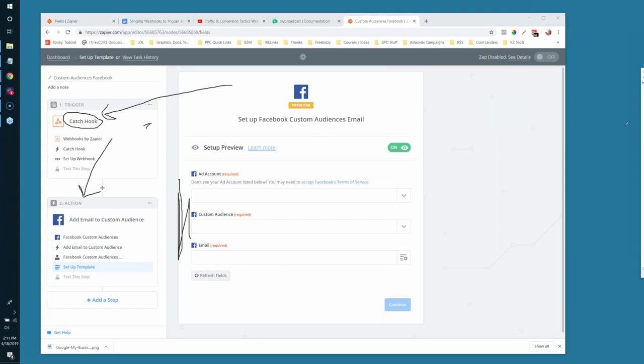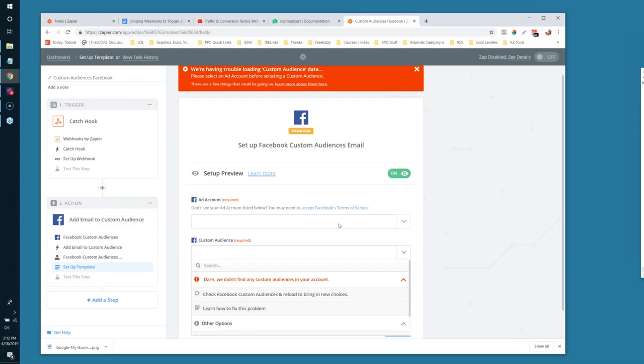I'm trying to Khan Academy this and make it as simple as possible, because at first it's really abstract, but when you do it one time, it's like, oh, duh, this is really straightforward. If I just follow the wizard in Zapier, it all works out. But the first time it can be a little disorienting. So let me clear out my drawings and show you what that looks like. It's going to ask me